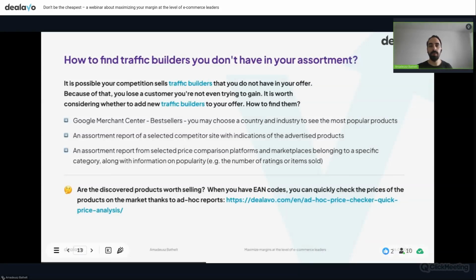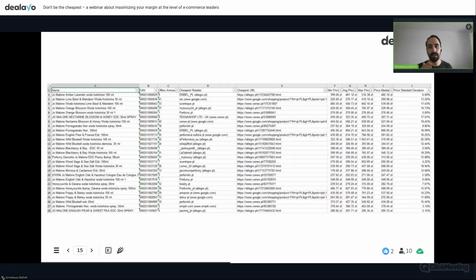It's super simple. You have EAN codes, you just drop the file here, and in a few minutes we give you the market overview for those products. And it looks like this. This is just an example. You have the name of the product, the EAN code that you put in the ad hoc report, number of offers, who is the cheapest retailer, the URL to the offer, minimum market price, average, maximum, and so on. So in a few minutes,